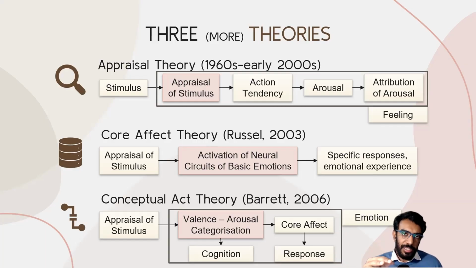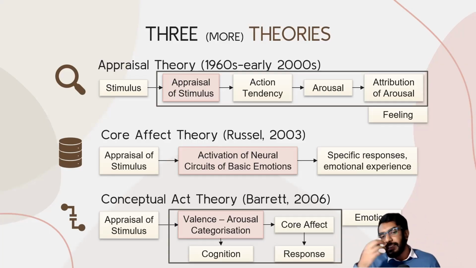Remember, we talked about in the definition of emotion that there is a valence that is given. Is this emotion good or is it bad? Or rather, is this stimulus something that is good or something that is bad? And how much arousal is required for this? Some part of your brain does this calculation that this is a positive stimulus with a very high amount of arousal, or a positive stimulus with a low amount of arousal, right? This categorization is done by certain parts in the brain, which is responsible for our cognition of this emotion, and which also starts the core affect. I mean, it activates certain pathways because of which there is a response, right?